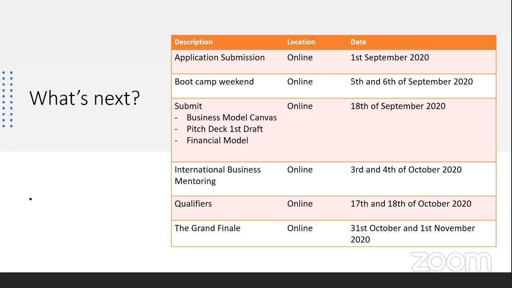And then you will have to submit your initial drafts of business model canvas, pitch deck, and the financial model on the 18th of September. Once you have done these submissions, the YGC team will review them, do the initial filtration, and then the selected teams will be getting international business mentoring. We will have it on the 3rd and 4th of October, where each team will be given a dedicated